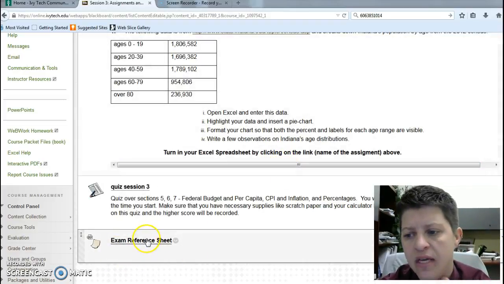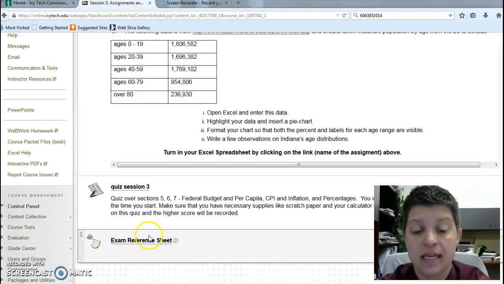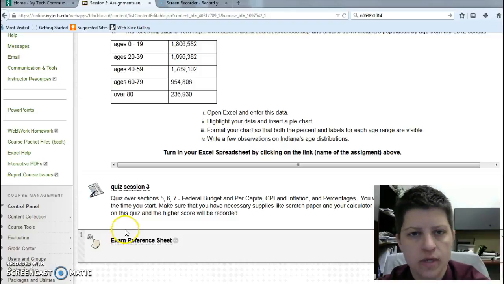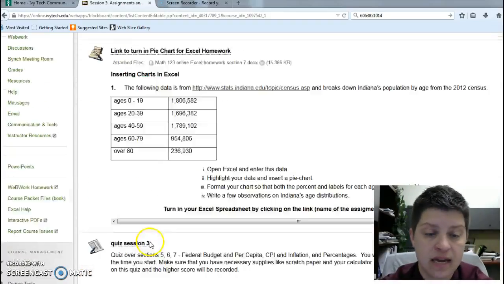This is what you will have. You don't need it on exam 1, but for exams 2 and 3, that sheet will be provided for you when you go to your proctoring center, just so that you know exactly what you're going to have. You might want to print one out and use that for all of your quizzes and prep. That way you know this is what you're going to have on the exam so that you're familiar with it, because that's half the battle.